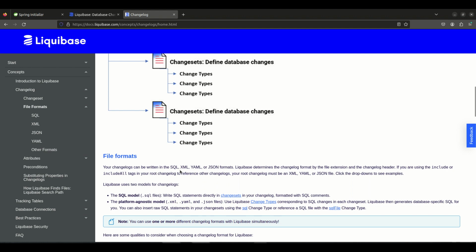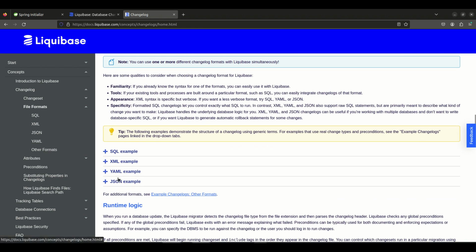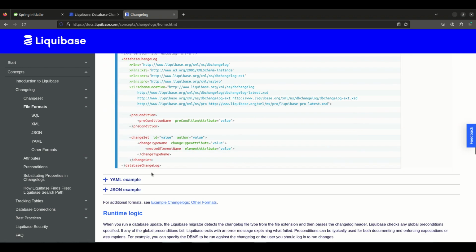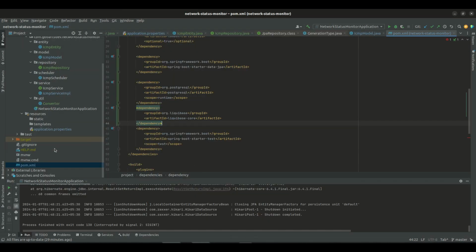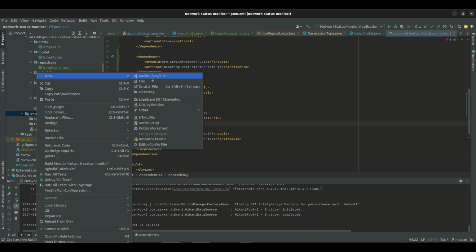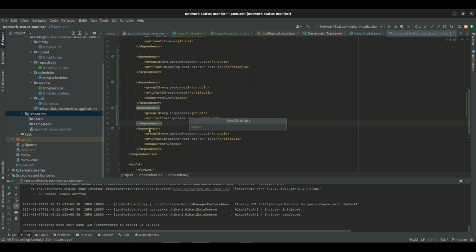I personally like the XML format because it is easy to understand and it's very specific. Like you can give the change set, you can give the precondition. So I will choose XML for this video. So let's create our changelog file first. Let's go back to the application, and then in the resource folder you can create a new package or directory called db,